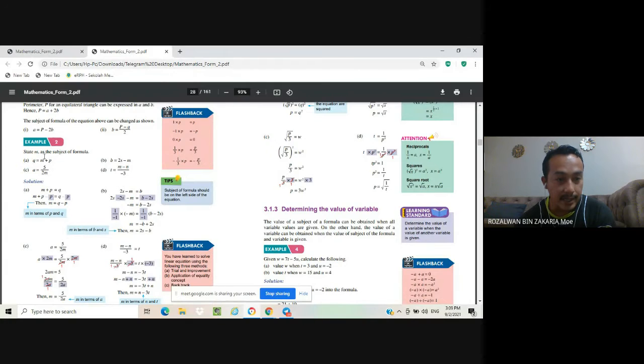This one is actually the same formula. We just change the position. So M plus P first was on the right side. Now for this one, you change it to be on the left side. M plus P equal to Q. Okay, class, can you understand this one, from here to become here? Yes, teacher. Okay, we just change the position.